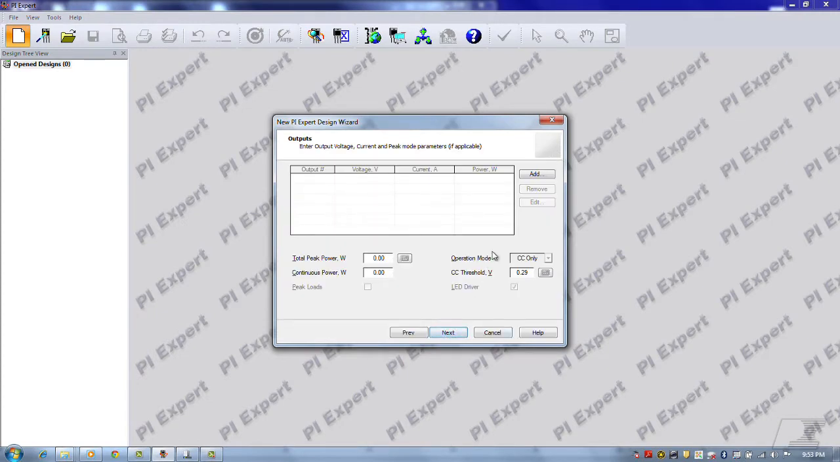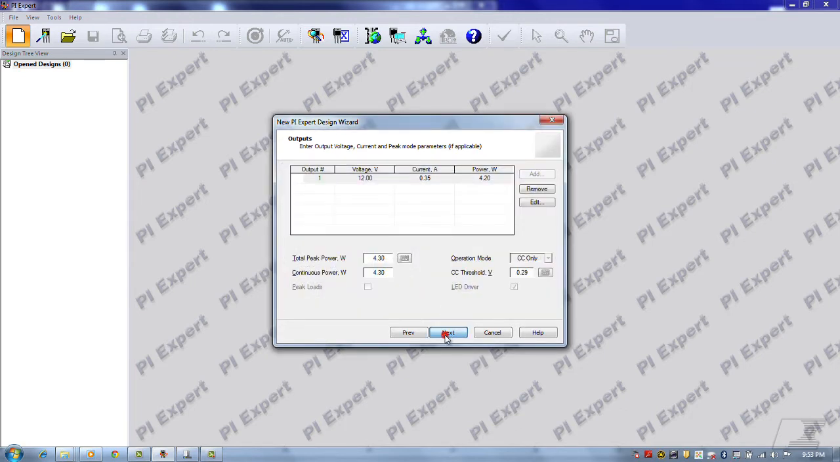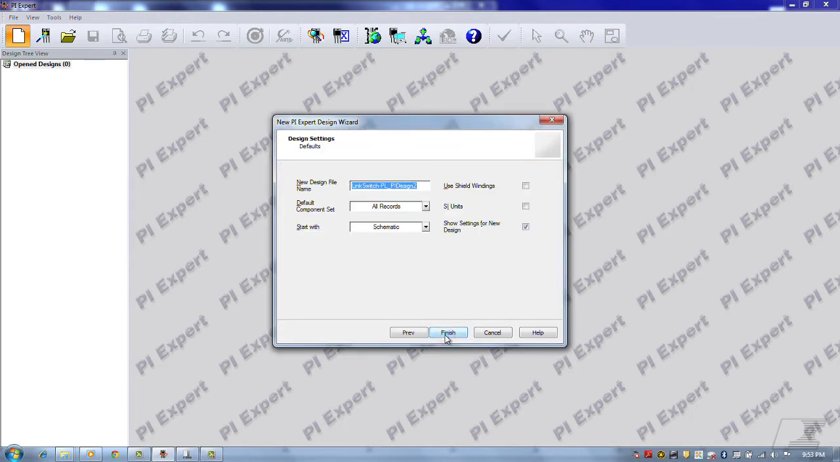On the DC Outputs dialog, you can specify the output voltage and current by clicking this Add button. Let's specify a voltage of 12 volts at 0.35 amps. Click OK. Click Next. In the Design Settings dialog, you can specify which component set the software should use during